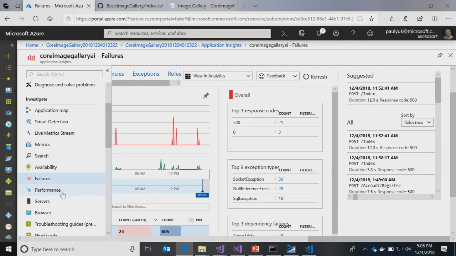So that gives you a taste of what it takes. We use logs and metrics to investigate failures, and then when you really need to, when you're in trouble, there are things like the snapshot debugger for dumps where you can do that deep analysis.